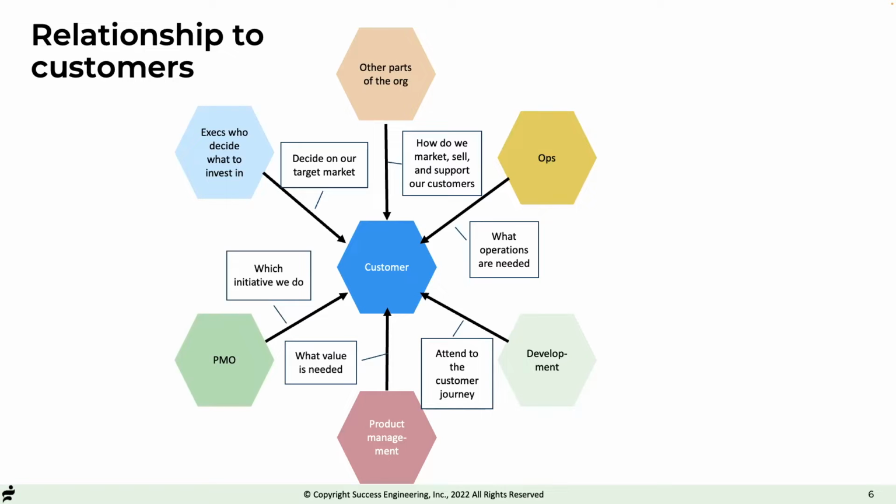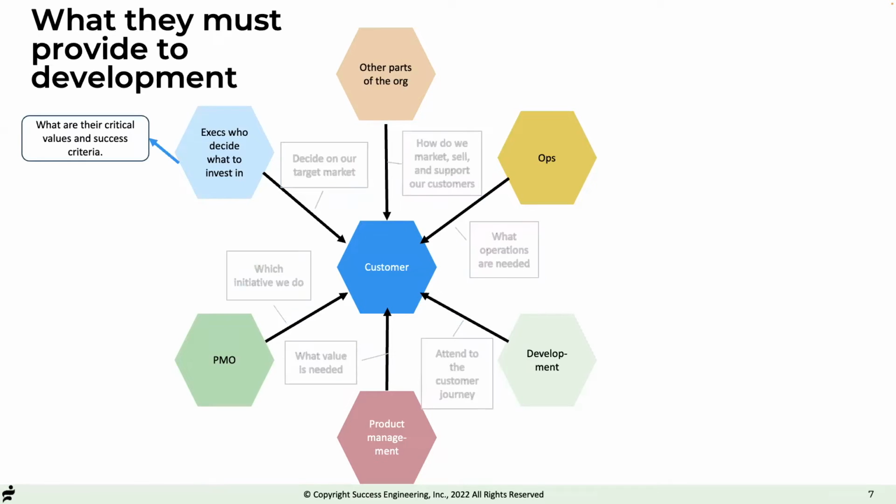So this is an important thing that people in the organization tend to look at the customer differently. And that's not a bad thing. That's actually a good thing. That's important. You can't look at every aspect individually. And this is perhaps one of the dilemmas, because since you can't look at it all, which means you have to have different groups looking at different things, the question becomes, how do they work together? And then you've got to ask the question, or I'm asking it ahead of time. It's really, what do people have to provide everybody? But I'm focusing on the development area.